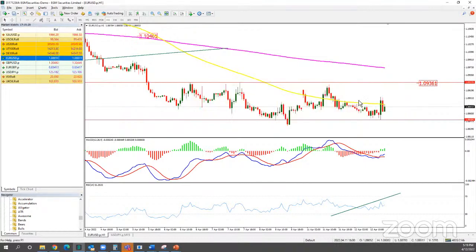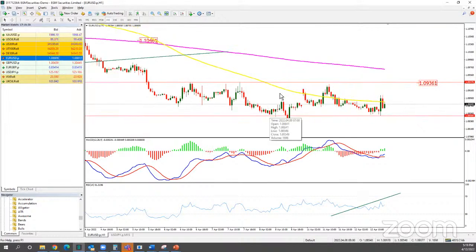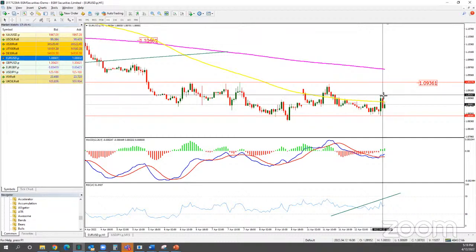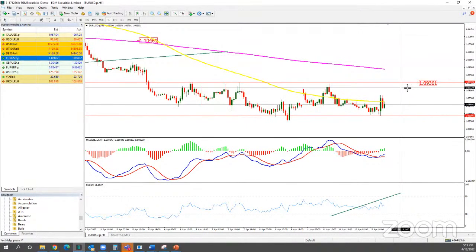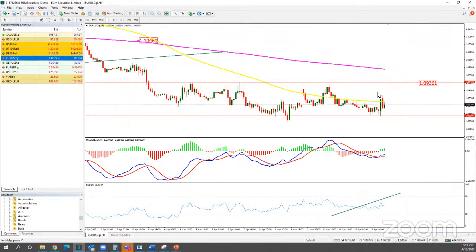Now we can trade the narrow range, basically buy from this area, which is the 1.0850, but I wouldn't aim for the 1.0936. I would aim somewhere lower, somewhere over here. So it's basically 20 pips. So 20 pips up, and then once it's reached this area, 20 pips down. You can trade this way for the euro dollar.